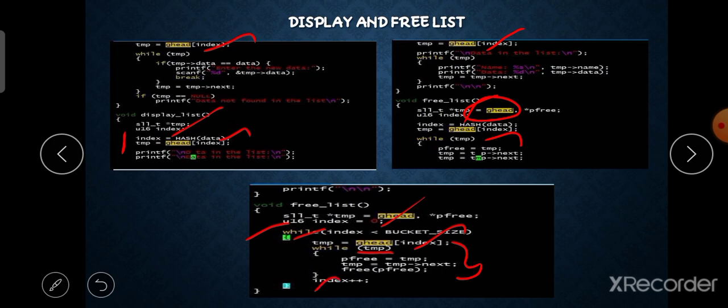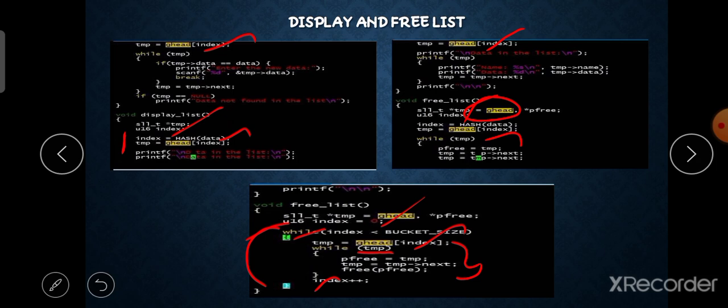So the index is incremented. What this means is that the insert, display and delete modes all include the hashing tables. So many data items in the table are inserted in the corresponding index node, and that data is to be freed so that next time we can use it for another purpose. Not freeing means a memory leak, a problem we already saw. So when we use the data, finally we free it.